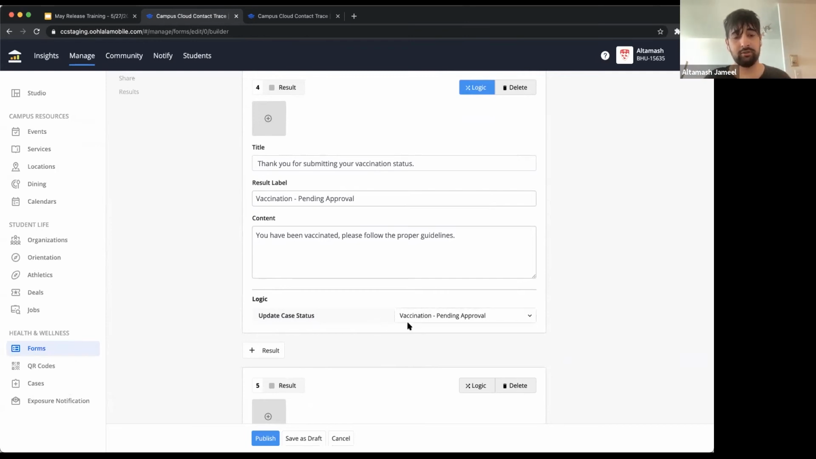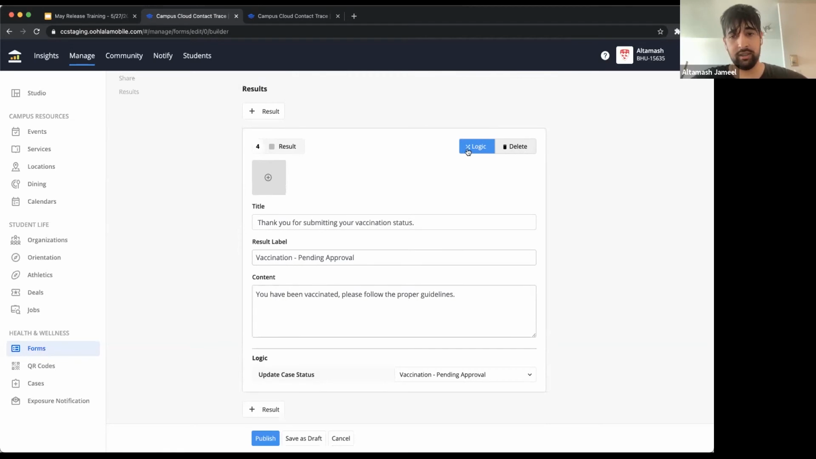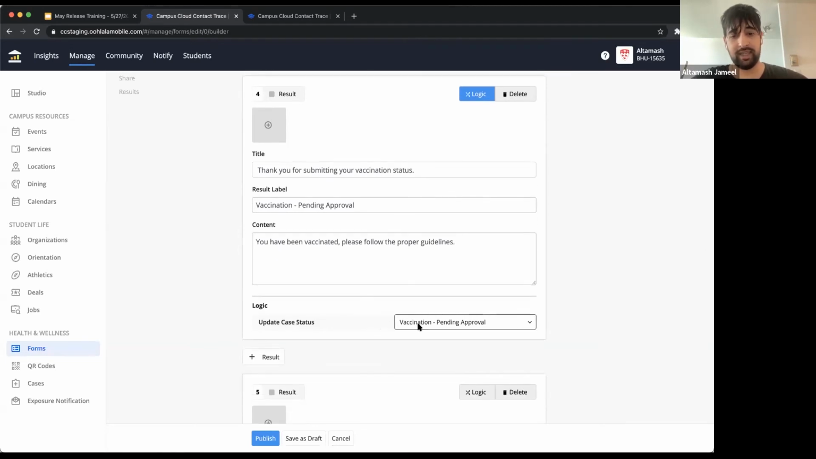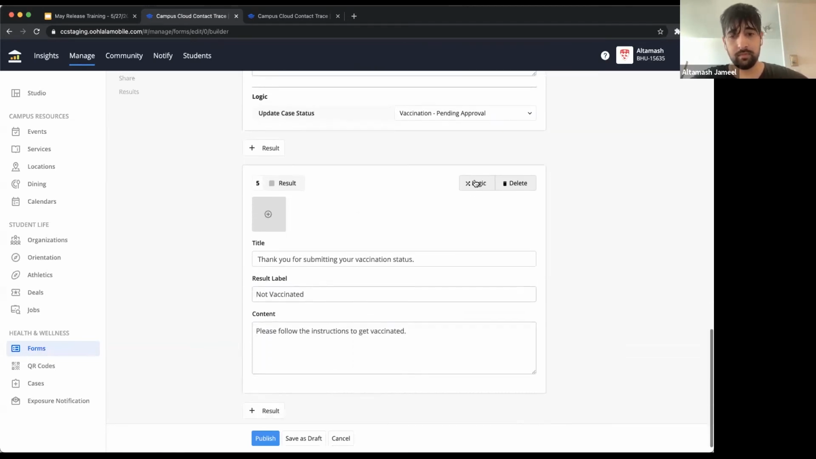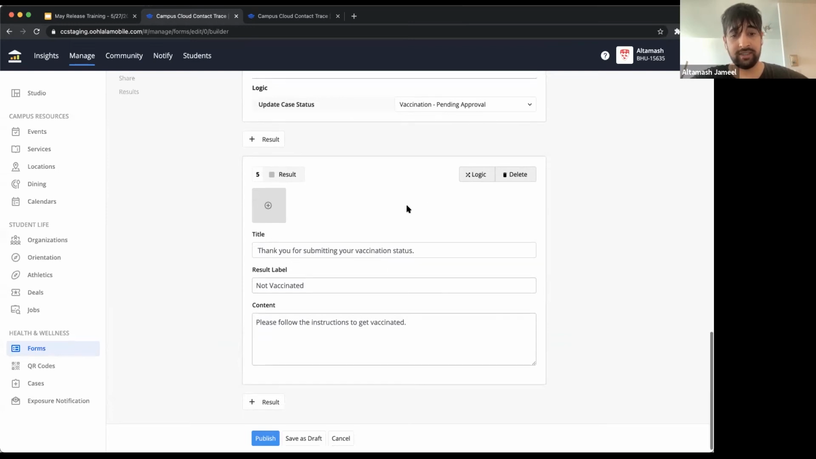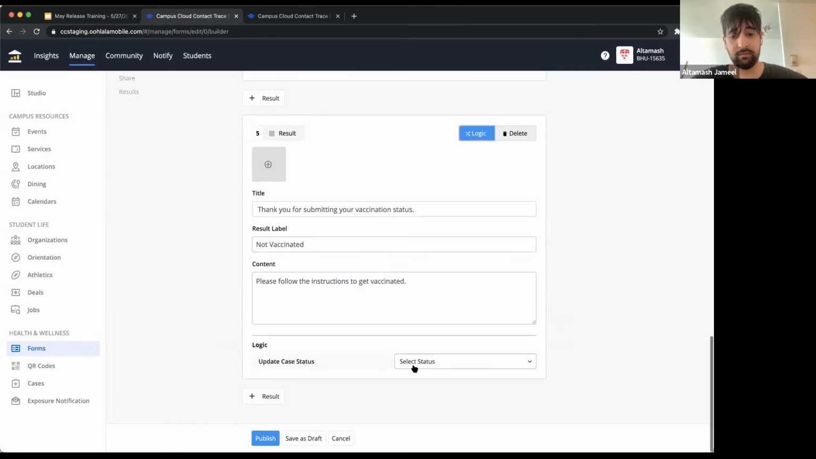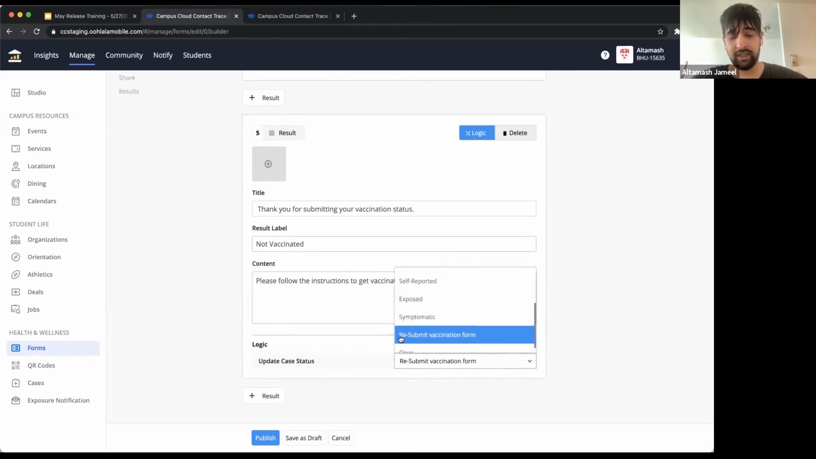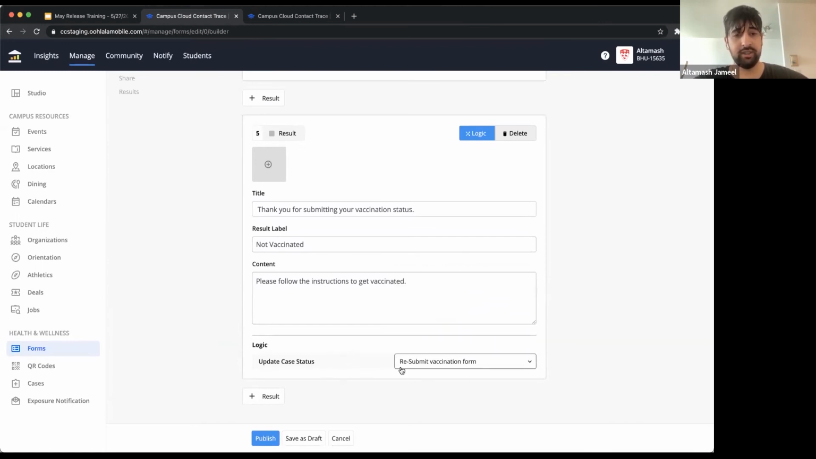And this is what allows us to link when a student completes a form and provides us information with the status that we've created. We need to make sure that the logic is added and the appropriate case status is here. And then if let's say a student has not been vaccinated, we can go over here and add our resubmit vaccination form, or we can add another case status in the case that they haven't, to inform the student that, hey, you need to get vaccinated. I've already set a form up